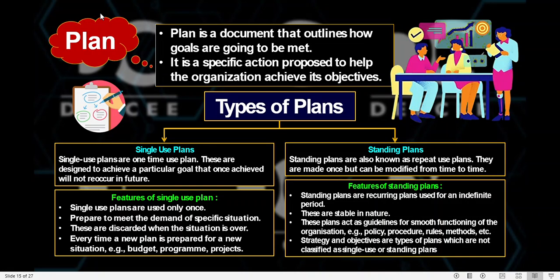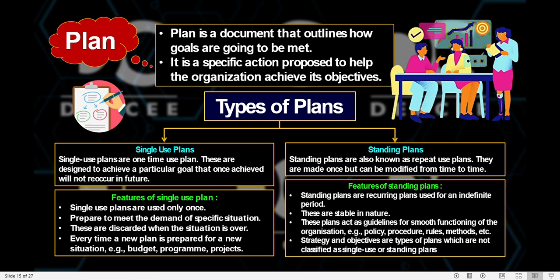Welcome back to part two of the planning chapter. We'll go with types of plan. So, what is a plan? It is a document that outlines how the objective has to be achieved or whether it has been achieved or not. Okay, so what are we going to do? In this, we are going to see how the plans are actually working and what the different types of